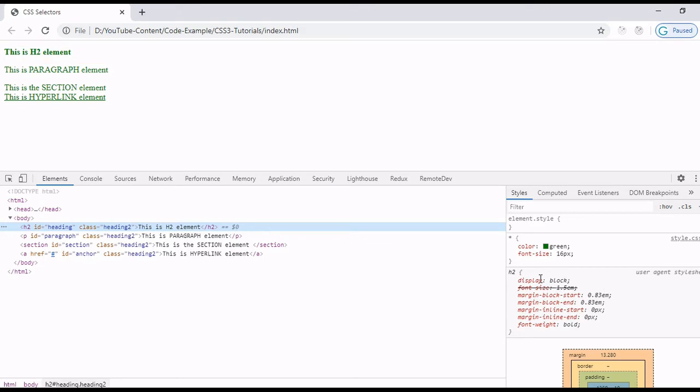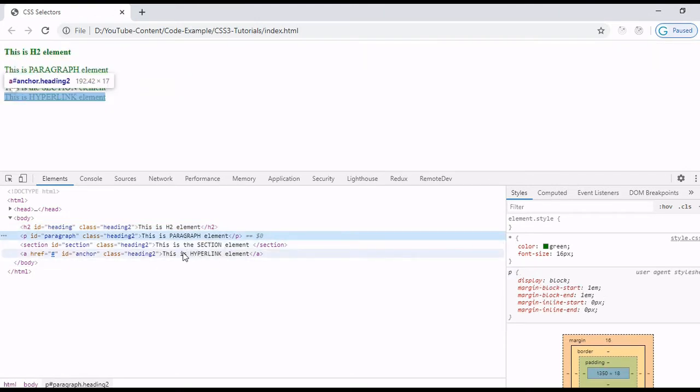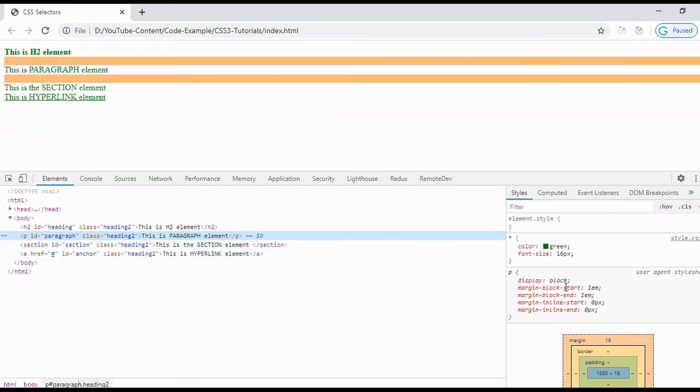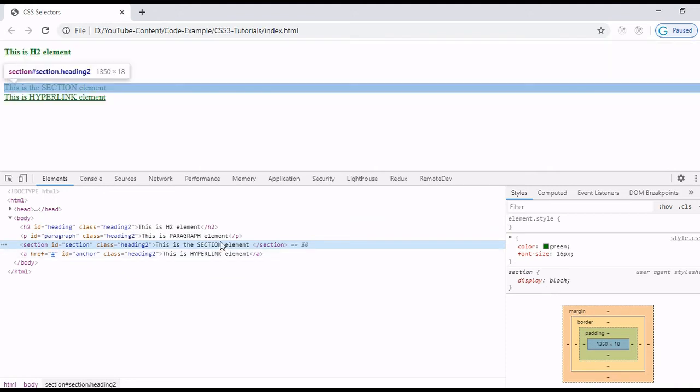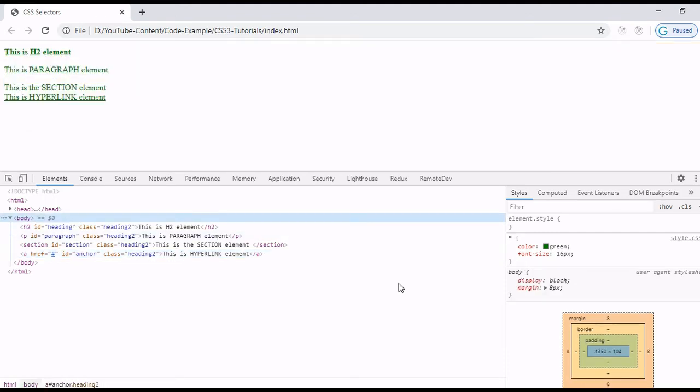This means this CSS is applied by the browser for the H2 element. Same for other elements: when you select other elements like the P paragraph, you can see the default CSS by the browser. Even on the body element, the margin of 8 pixel is coming.